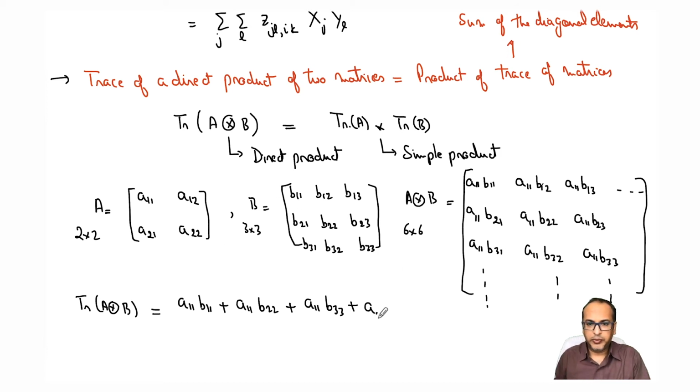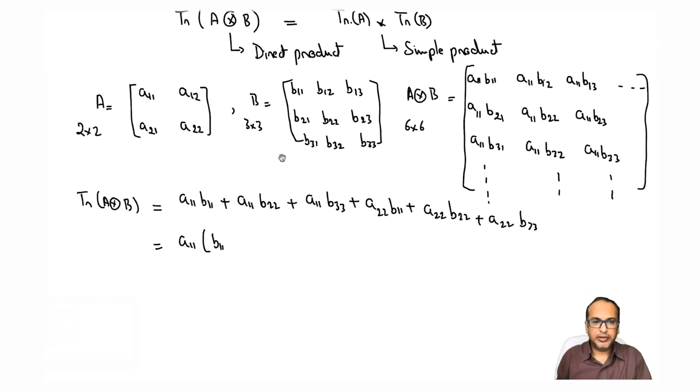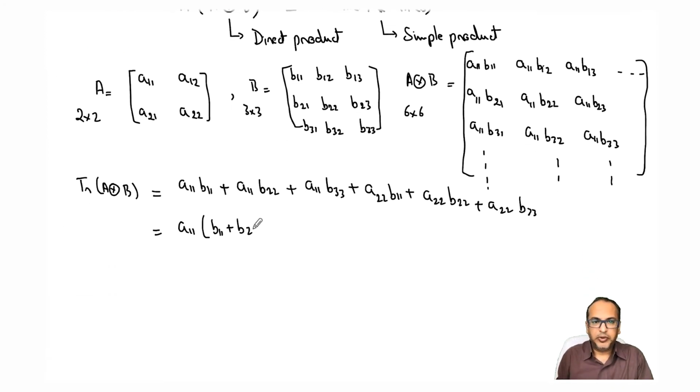So we'll get A22 B11, A22 B22 plus A22 B33. This will be the trace, because these will be the 6 elements along the diagonal, right? So now I can take A11 common from here, and what I have here is B11 plus B22 plus B33, and I can take A22 common from here, and I get B11, B22, B33,